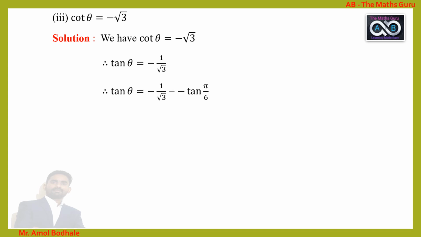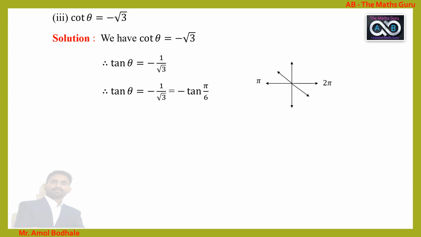So tan theta is equal to minus 1 by root 3, and we know that tan of pi by 6 is 1 by root 3. But LHS is tan theta and RHS is minus tan of pi by 6, so we cannot compare here again. So we must convert this negative tan in terms of positive. So we must think about in which quadrant tan theta is negative. Here tan theta is negative in second and fourth quadrant. The angle that lies in second quadrant can be written as pi minus some angle, and the angle that lies in fourth quadrant can be written as 2 pi minus some angle. So we can use any one.